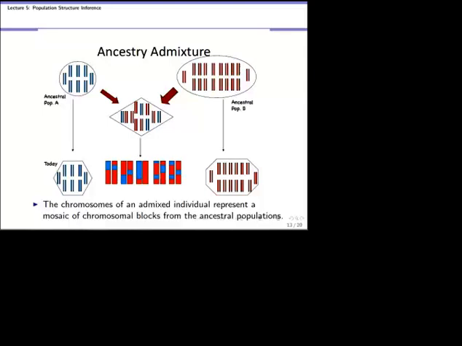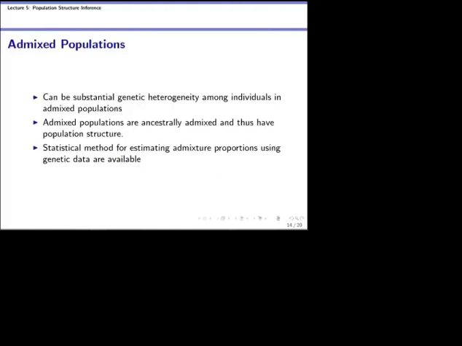So there's information there about history, about what occurred prior, and you can see that in the current generation. So there could be a lot of genetic heterogeneity within an admixed population. Admixed populations have largely been excluded from genetic association studies. Recently, the NIH has put out an initiative to start doing studies in more diverse populations. But, I mean,